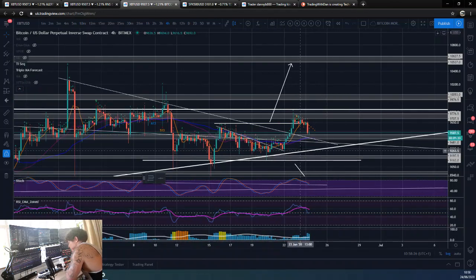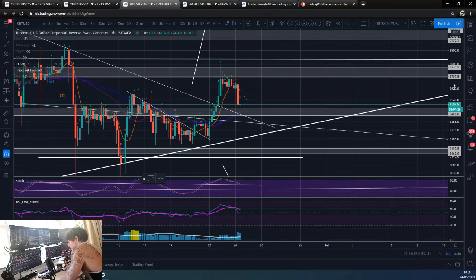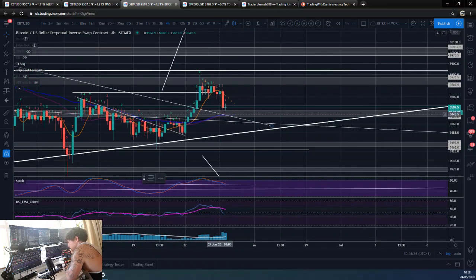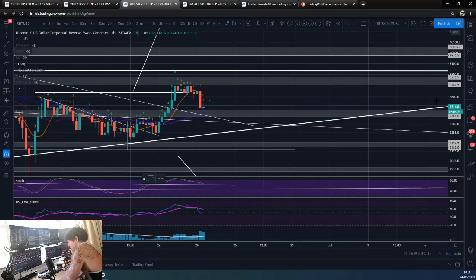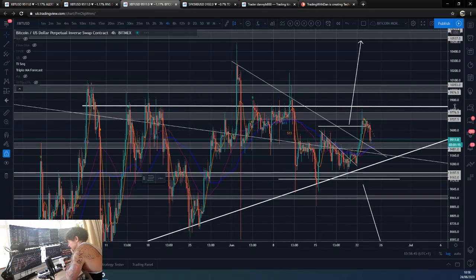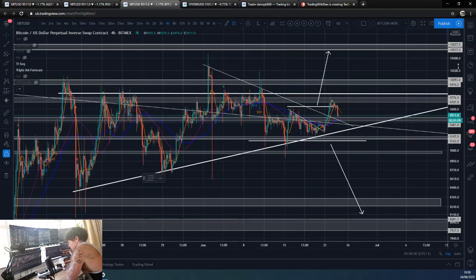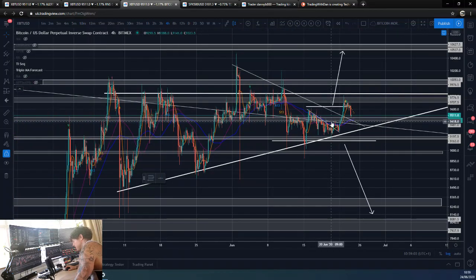Obviously, we've got this bottom side that we could be testing. So it's just a case of how strong the bears are, how much they will try and force it for some extra liquidity, and how strong the bulls are and how much they want it. But overall, you guys know I'm pretty bullish on basically all assets at the moment: precious metals, even stocks, oil, soft commodities, foods, and obviously cryptocurrencies. I'm bullish on them all. It isn't just Bitcoin. That just gives me an upward bias.